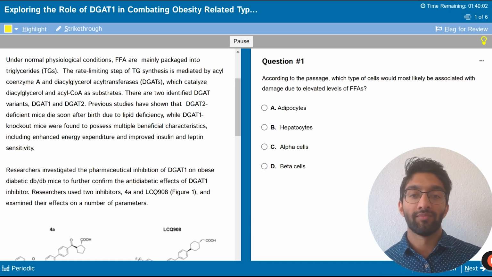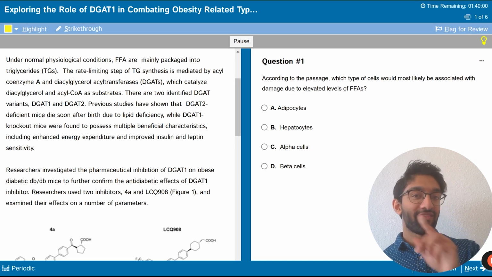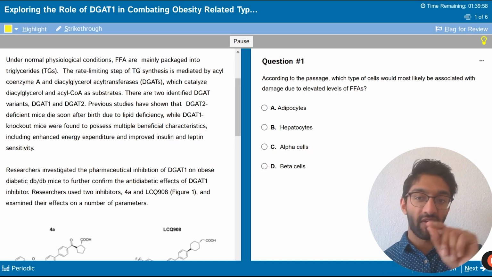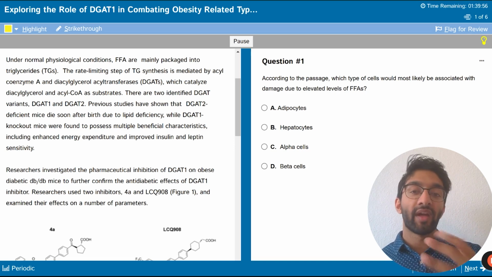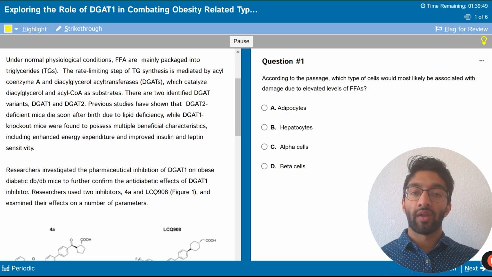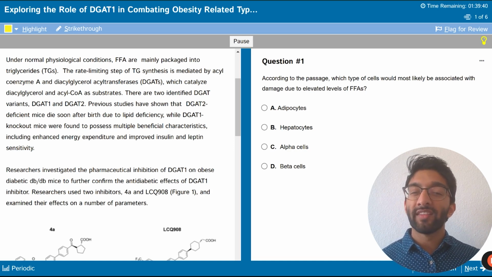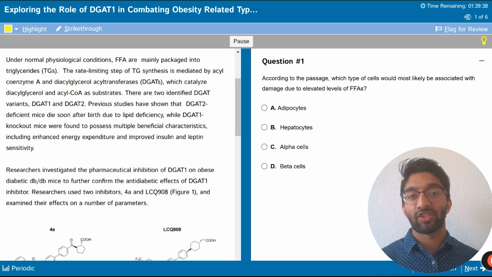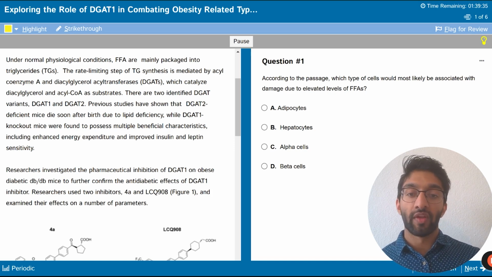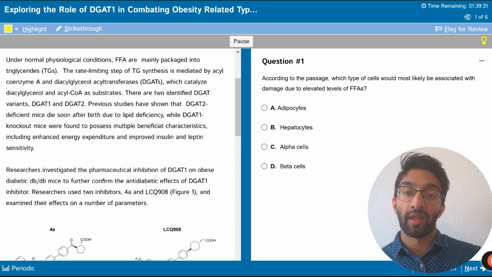So overall, there's this reaction, fatty acid to triglyceride, FFA to TG, and this is mediated by an enzyme. In particular, the one that we care about is DGAT, and from DGAT, there's two types, DGAT1 and 2. What we read from these studies is that DGAT2 is kind of important because if you get rid of it, then the mice die. On the other hand, DGAT1 doesn't seem to be as important, and in fact, it might be exacerbating the effects. If we get rid of DGAT1, it'll improve insulin sensitivity, for instance, in these mice.